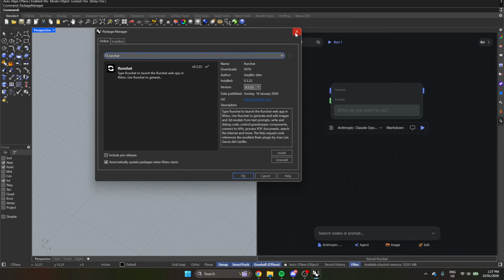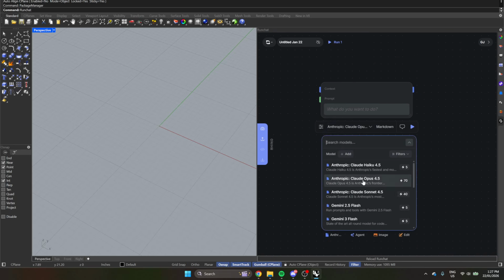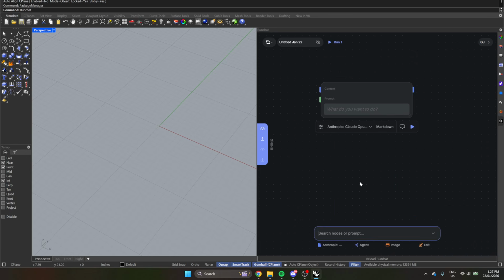and just installing it. This will get you the Rhino plugin window, which you can open by just typing in Runchat to view it, and then you can sign into your account. So we're going to write scripts using the agent node, and we're going to choose this Claude Opus 4.5 model. The Rhino plugin for Runchat's cool because any node that generates Python code, we can then click this little button here to download the code, create a script file, run it with the script editor, and interact with our Rhino